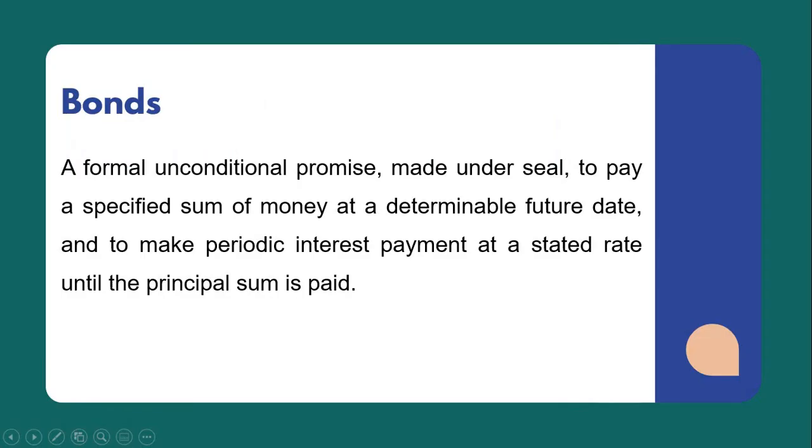So let us define first the bonds. So what is a bond? A bond is a formal unconditional promise made under seal to pay a specified sum of money at a determinable future date and to make periodic interest payments at a stated rate until the principal sum is paid. So take note that it is a formal, unconditional promise wherein the debtor is obliged to pay a specified amount of money, and that money includes the periodic interest payment and at the same time the principal on a determinable